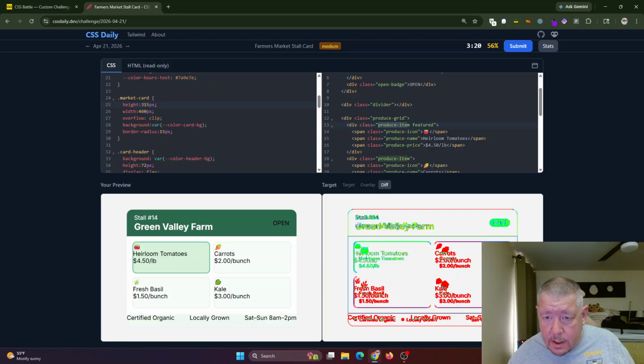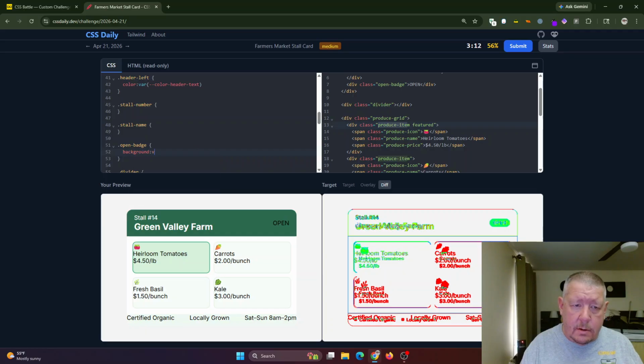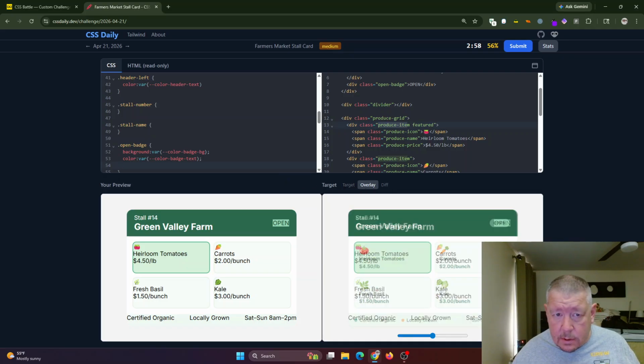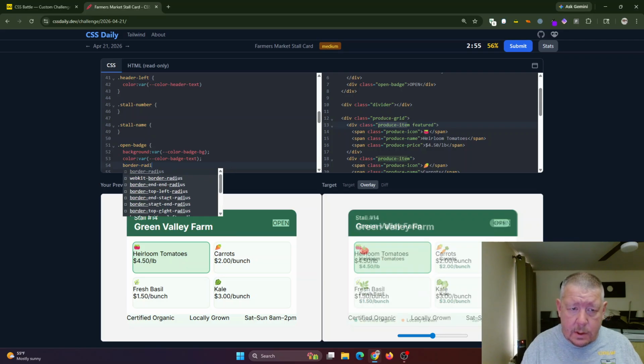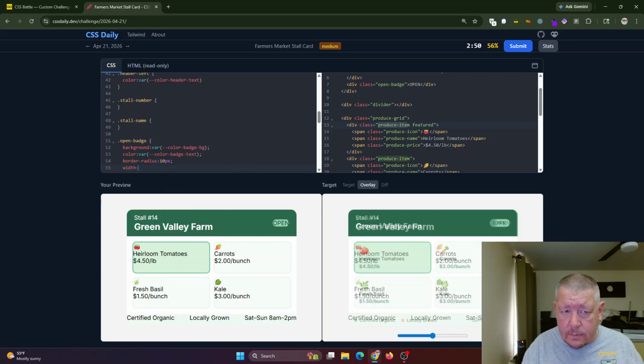Okay, now let's work on this little tag thing over here. Open badge, background var, something to do with badges, badge background, color, var, something to do with badges, badge text. I'm in the diff view and I can't really see what's going on. We're going to have a border radius of 10 pixels. We're going to have a width of 40 pixels, more, 60. That's close. Display flex